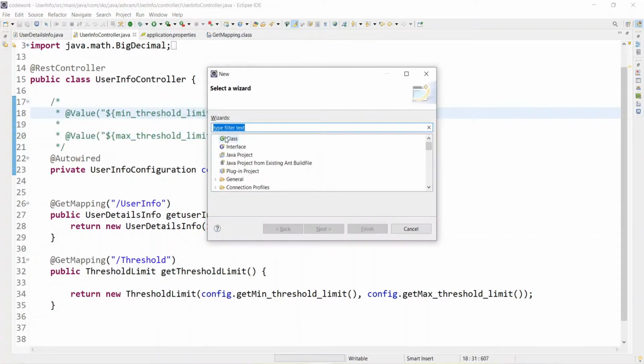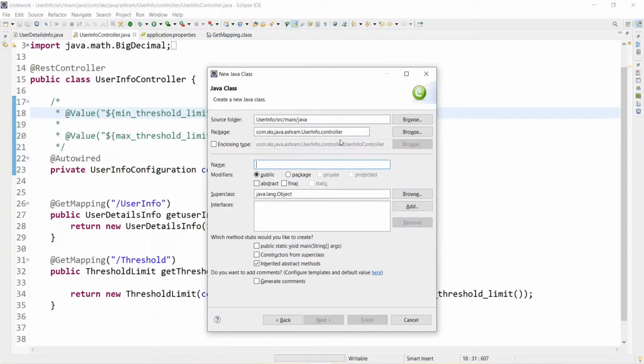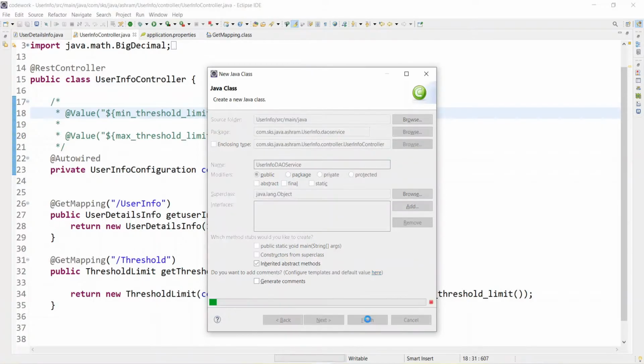So control n, create class, and let's create a separate package called, let's say, DAO service. And here we can give the name like UserInfoDAOService, and finish.